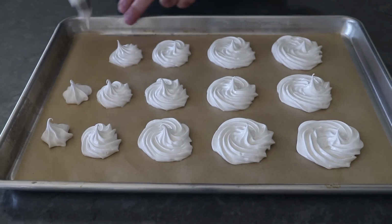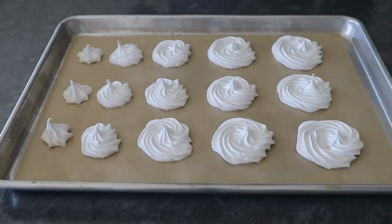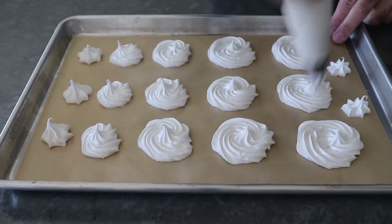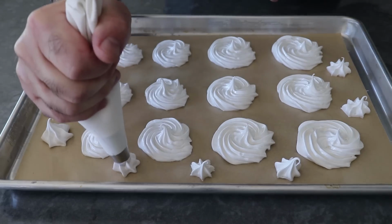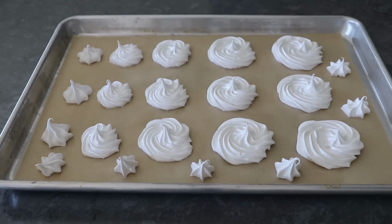So in the empty spaces, feel free to pipe a few extra kisses, since those will make for a great chef snack later. And to save time, I'm just going to do 1 pan, but in real life you can do both at the same time. And that's it. Once piped, we can transfer that into the center, or the upper center of a 250-degree oven,